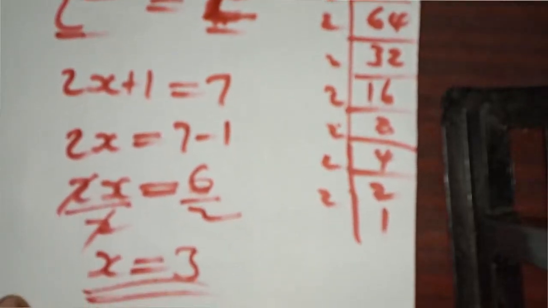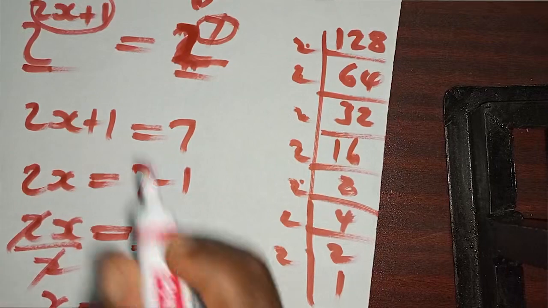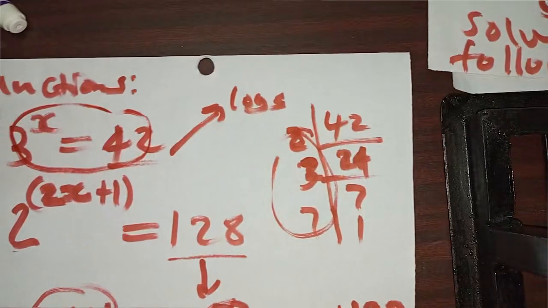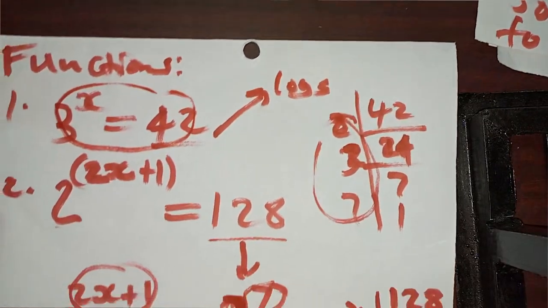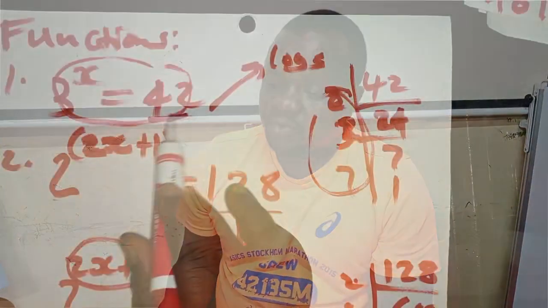Now, that's what we normally do. But this one you may introduce the logarithm. Now, because you haven't learned the logarithms so far, I'm afraid that you may not clearly understand what we mean. But if you find that this number cannot be expressed with the base, which is 3 there, for example, it's advisable that you introduce log both sides so that you can solve the equation. For example,